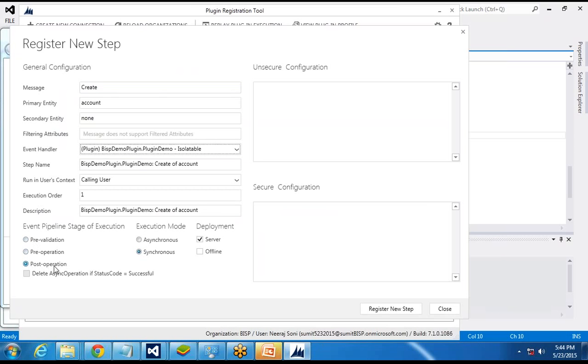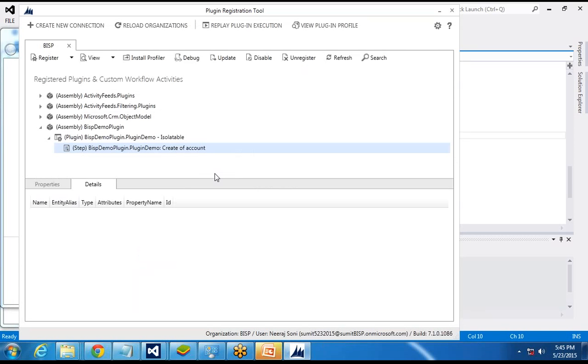I want it to be post operation and synchronous, so that as soon as I create a new account record, this plugin will be executed on the server. So register new step. That's all we have done with the plugin registration.